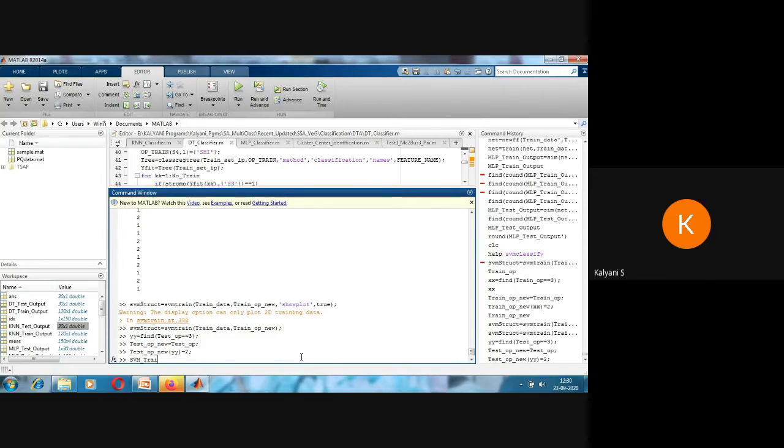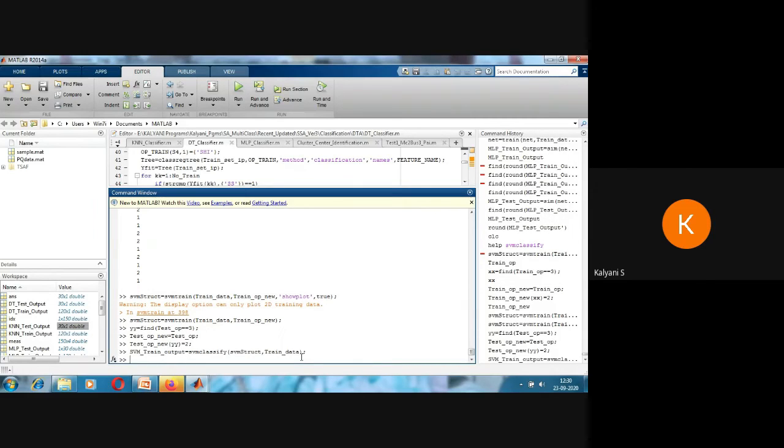Now I am going to use the SVM classifier. So SVM train output will be equal to SVM classify of the SVM structure which is built, comma, let me give it first the train data. So it is built.